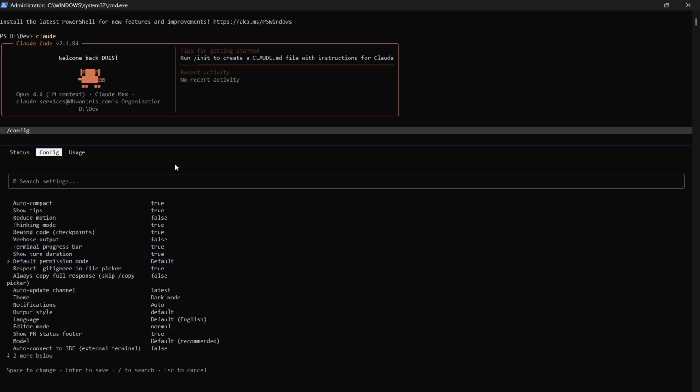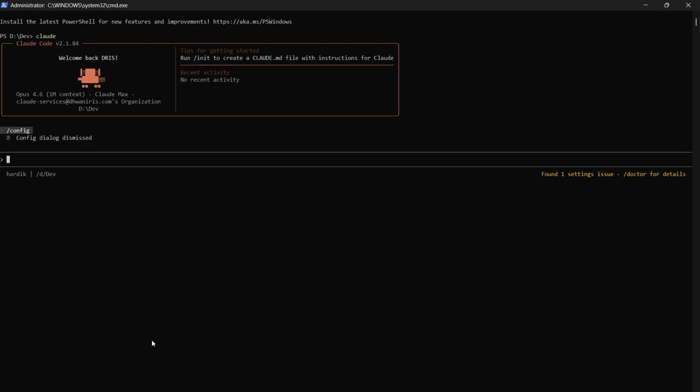and in this particular list you can simply find the option to change your model, as you can see right here. So currently my model is set to default, so it will automatically select the best suitable model as per the prompt. If you want to change it, you can simply press the enter button, and from here you can